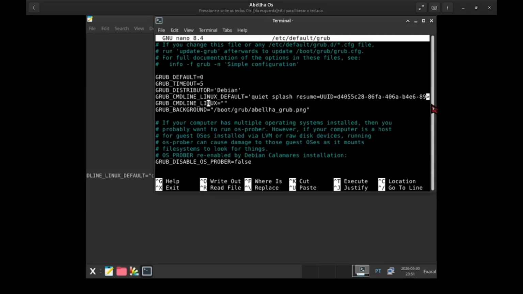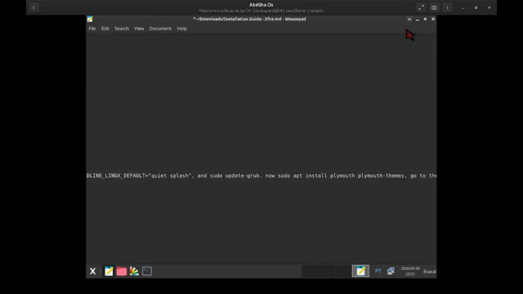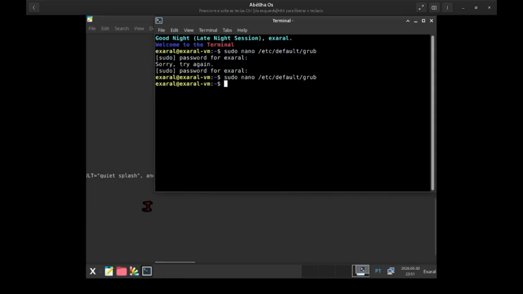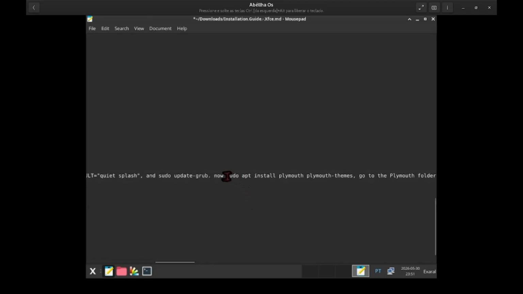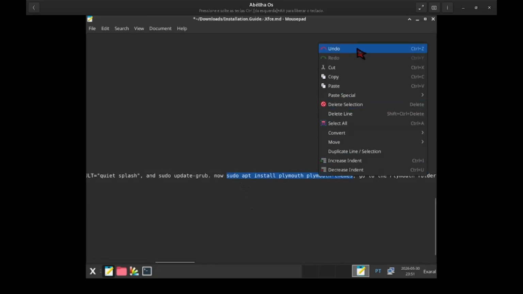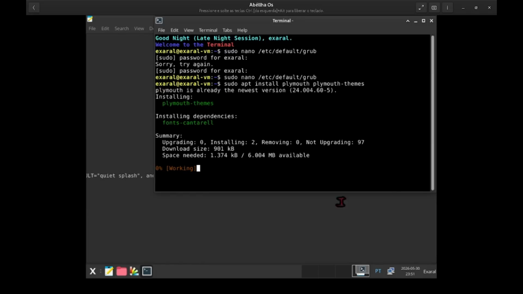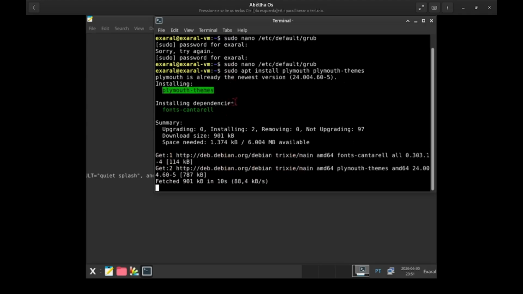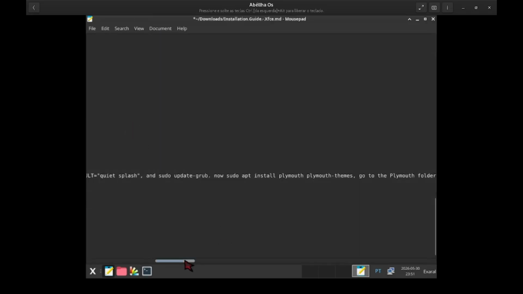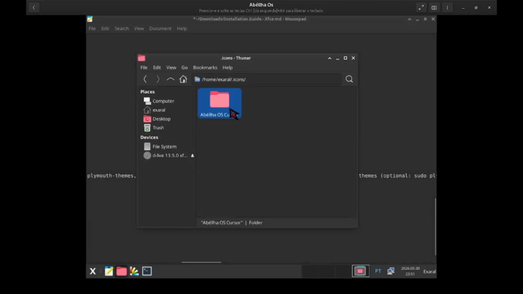Please wait. Okay then, sudo update-grub. I didn't change anything. Sudo apt... Okay, Plymouth is already installed, but we need these Plymouth themes. Well, I'll need to go to this folder. Basically,